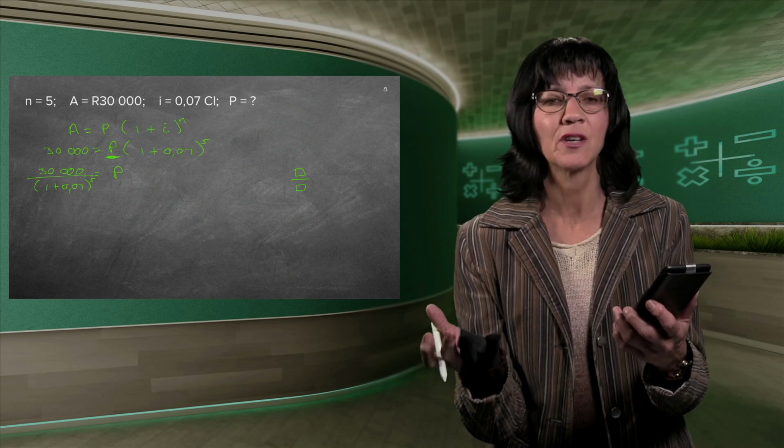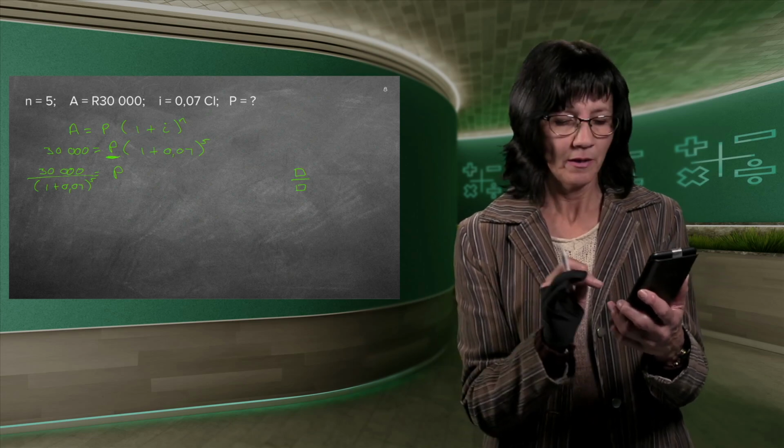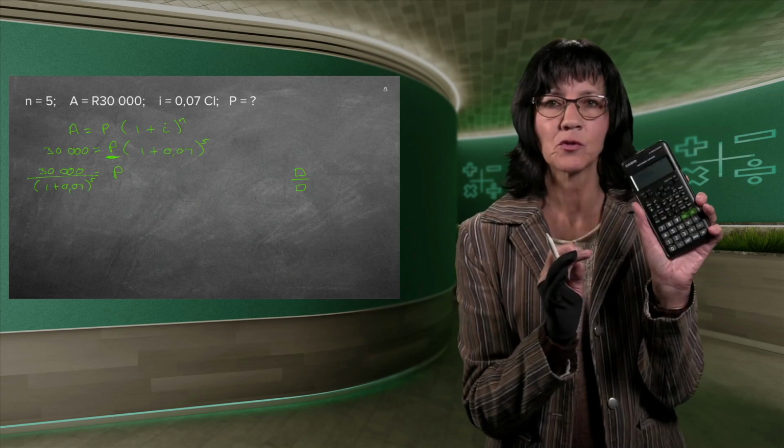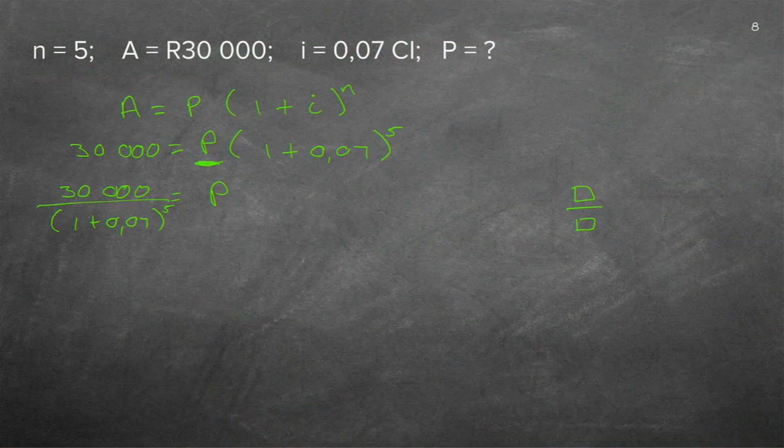You could have just said 1 comma 07 bracket, and then you press that X with a little block on top. So there are the 2 things you press, the X with a little block on top. What do you want the exponent? You want 5, and you press the equal sign, and it gives you, and now I can just write it neatly, P is equal to 21,389, comma, again I need to round off, 59. Let's just see if it makes sense.